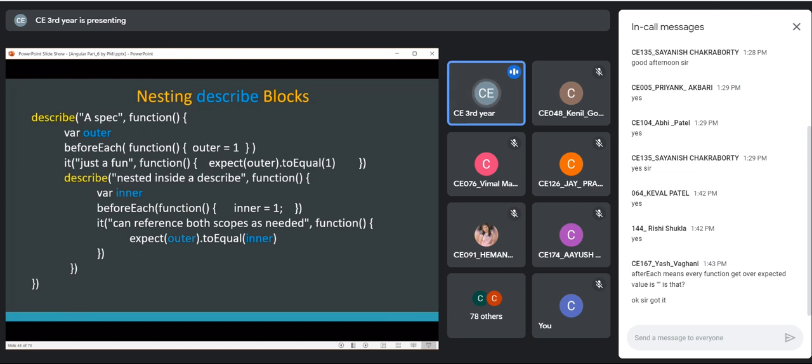So be careful while you are using this. It is recommended that you either don't use global variables or variables declared in the outer scope. And if you are using them, you need to take care that the outer scope variables may be affected inside the nested test suite. Okay.